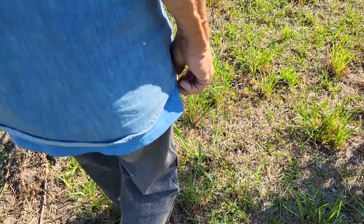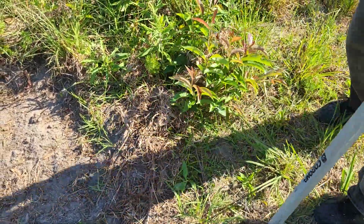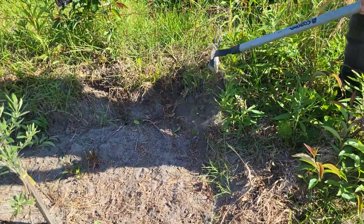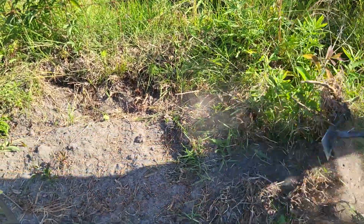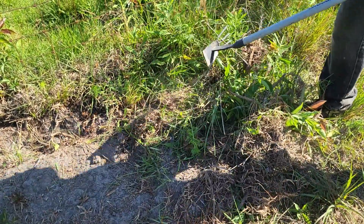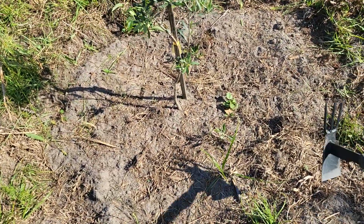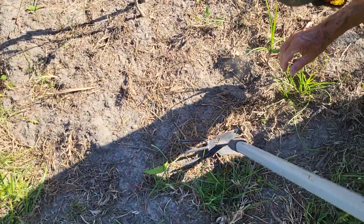And let me show you what's growing up right here. These are persimmon root suckers off of those persimmon trees right there. But I'm going to just clean up a little bit. Grass and weeds are the enemy, and we just attack them. Now the first thing I do is I get out whatever weed infestation. Now this piece of grass right here, I want to show you. That's called a